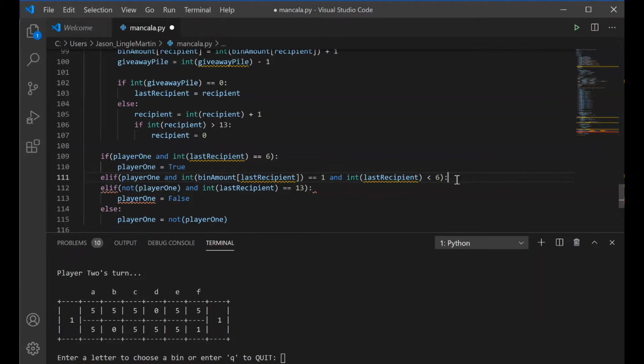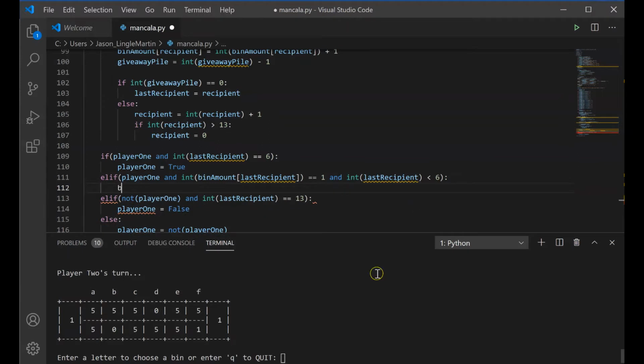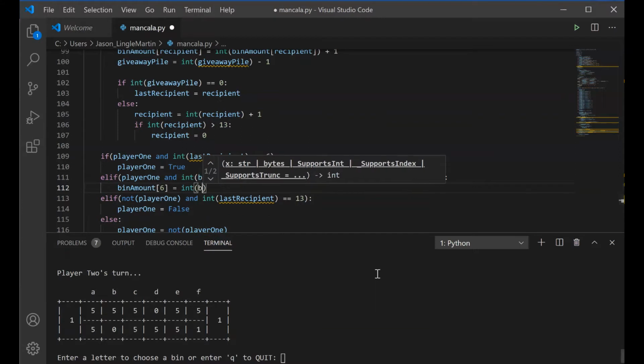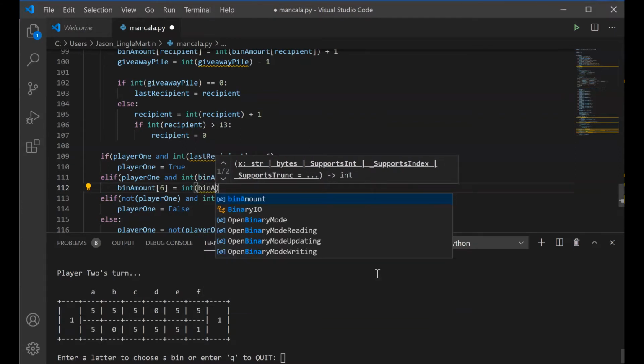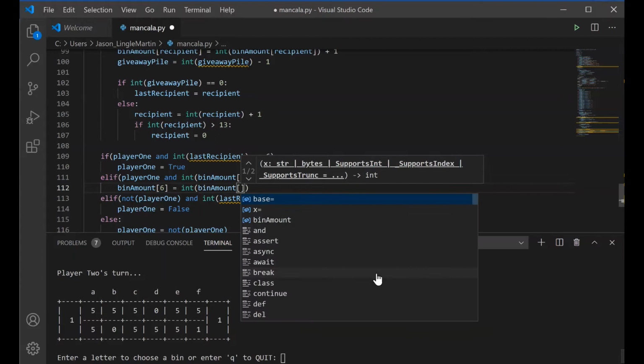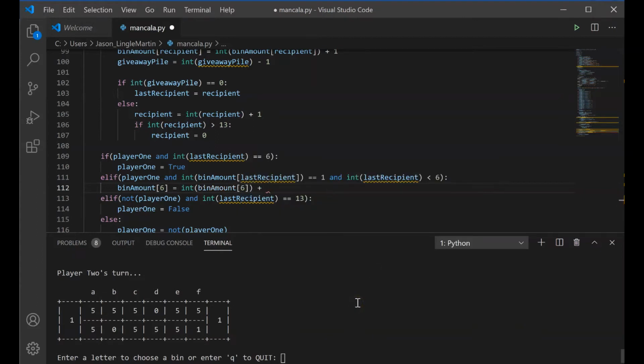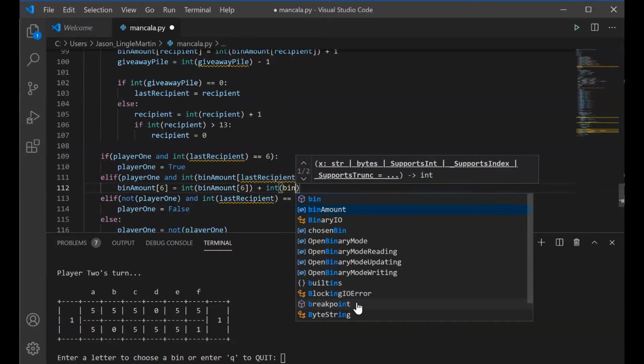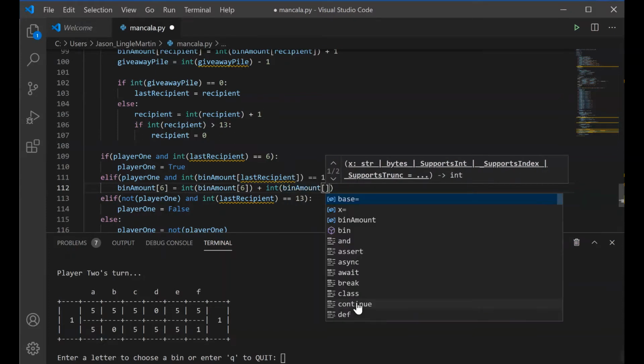So if all of that is true, and I should mention the AND connector requires that all 3 of these elements are true, I want the bin amount for player 1's Mancala, which is at index 6, to equal whatever's in there plus the value of the bin amount that received the last stone, which is really just 1, but let me say last recipient,